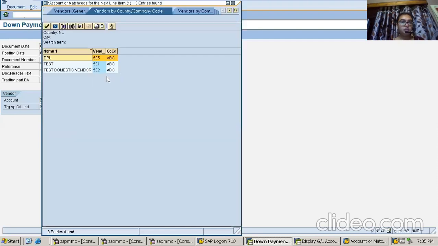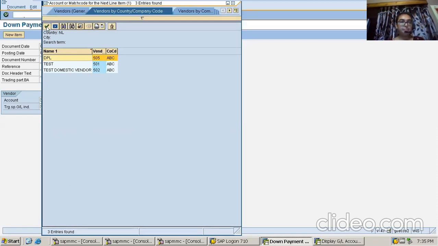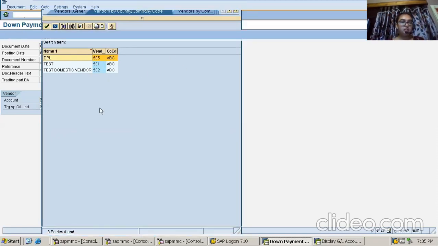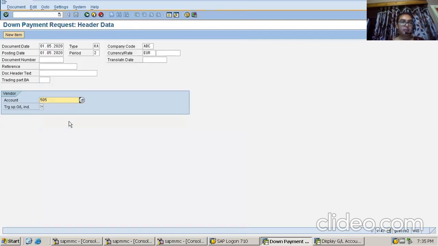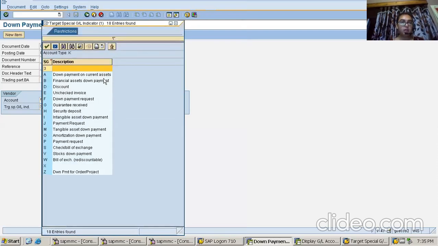Let me choose 505, the DPL vendor account. Chosen. Then the special GL indicator once again, and once again our special GL indicator would be A as the down payment. However, I'm showing you